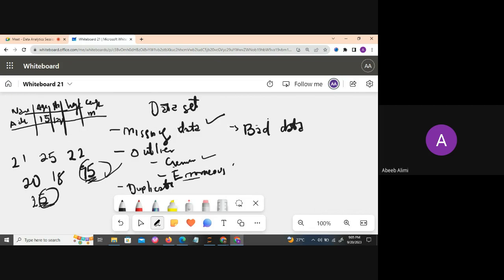All right, so that's that about outliers. Another thing we can have is duplicates. When we say duplicate, it simply means two rows that carry the same values. That is what we call duplicate. It doesn't mean two columns that have the same value. It simply means two rows. For instance,